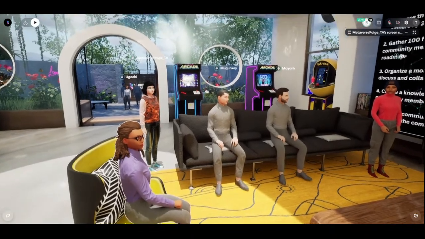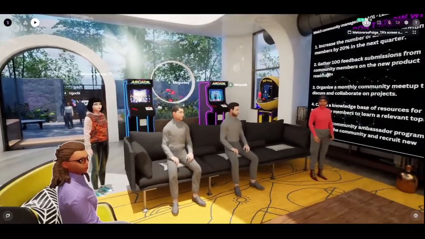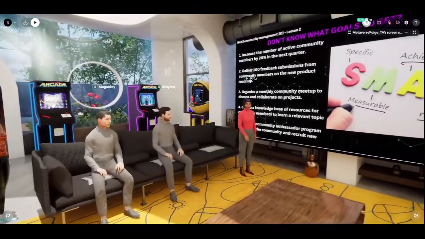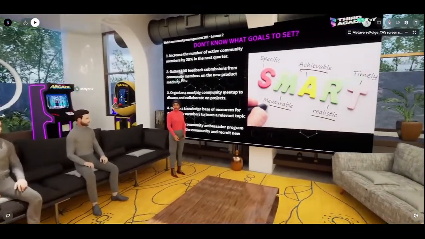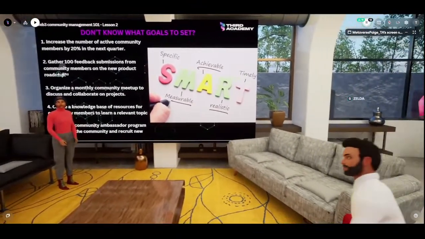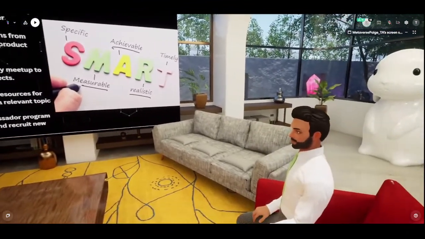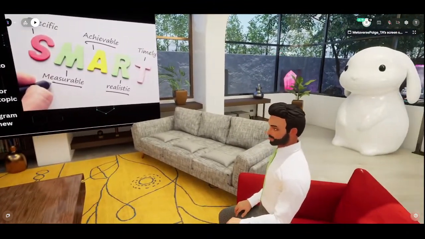Make sure that this goal is actually achievable, right? I know that sometimes we set goals and we want to achieve these big goals, but make sure your goals are realistic and achievable, right?